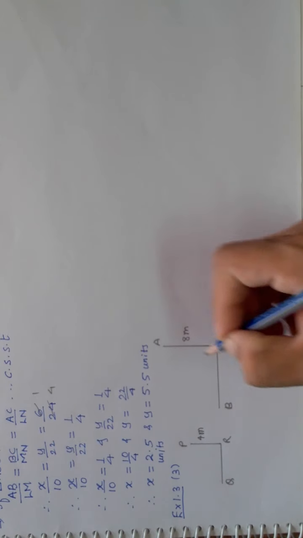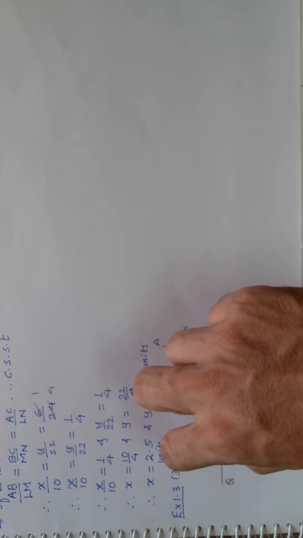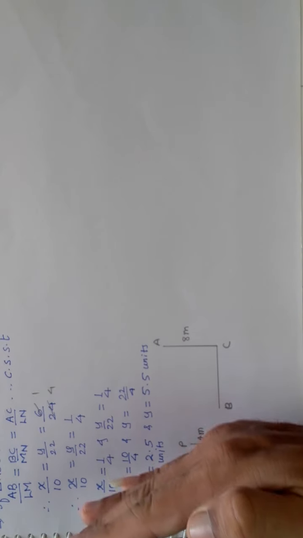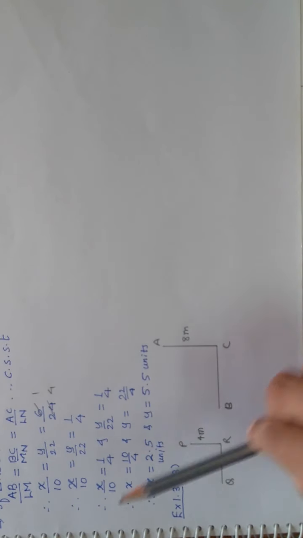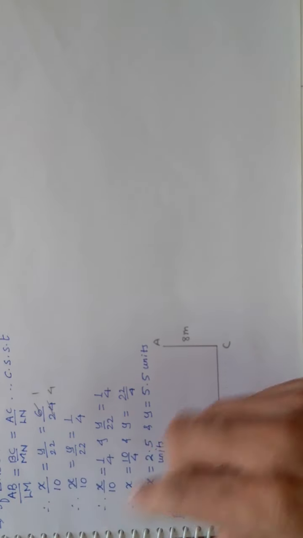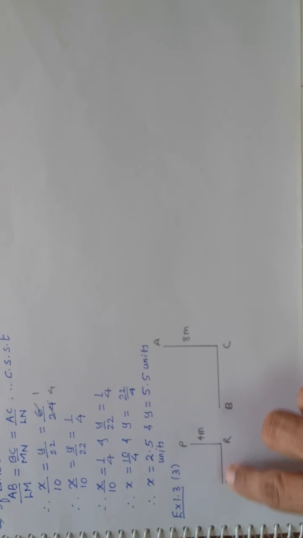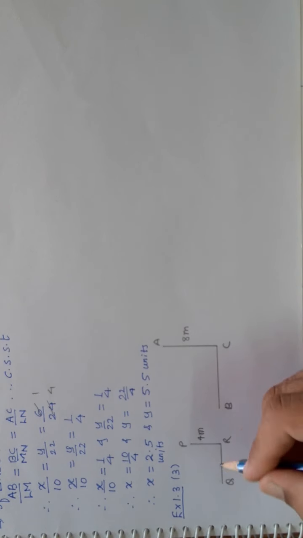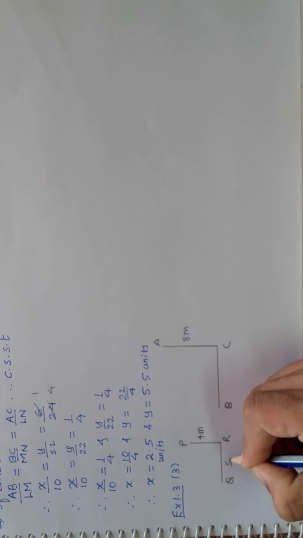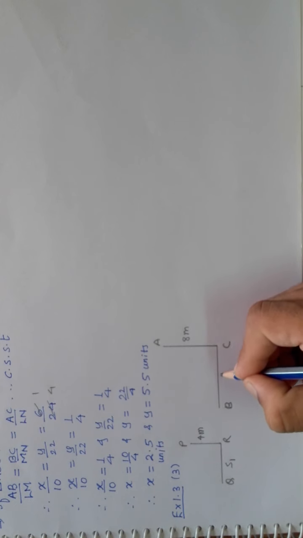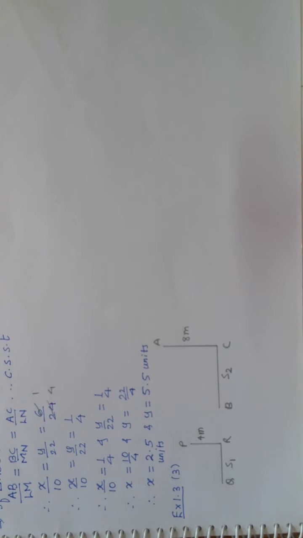obviously this will be a smaller pole. The length of shadow. So how do we consider the length of shadow? This is your object. The source of light comes from this side. That is, this side the source of light comes. It will obstruct this opaque surface and the shadow will fall on the ground. So this is the length of shadow, where it comes, right? So this is your so-called shadow 1 and this is your shadow 2, right?